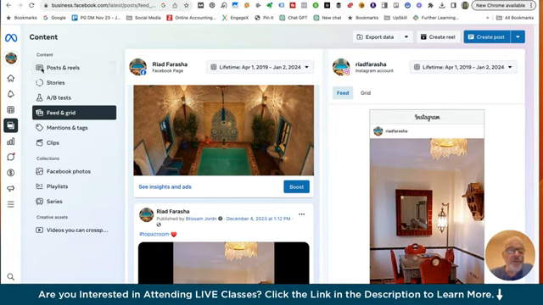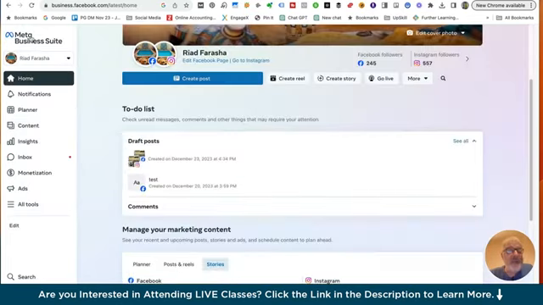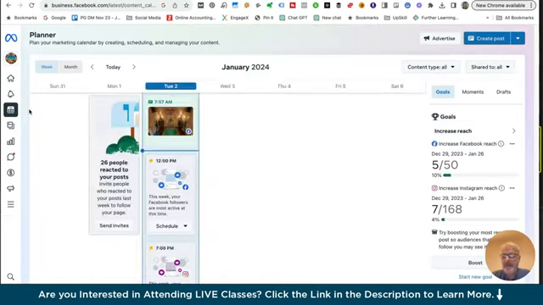Right, so that concludes the posting element. Let's now go into the next level of managing your posts, and that is through the planner. The planner can be accessed by clicking the planner button here on the menu in the Meta Business Suite dashboard. If I click on the planner, you can access your content dashboard. And within this dashboard, you can have a total overview